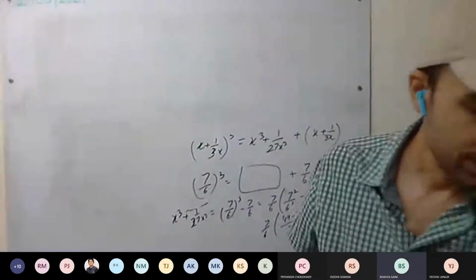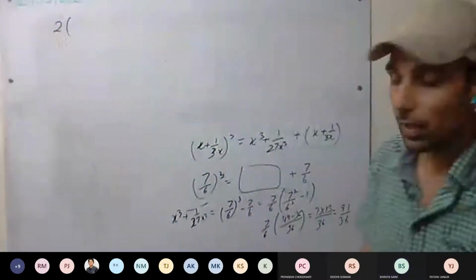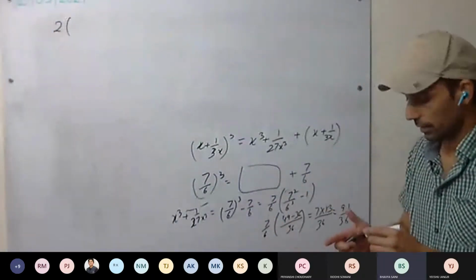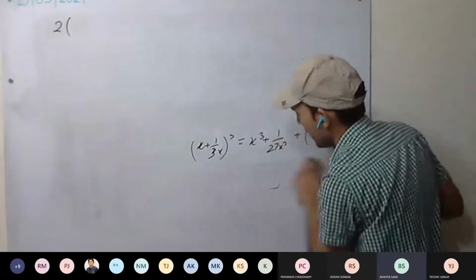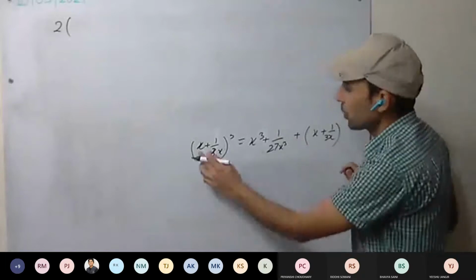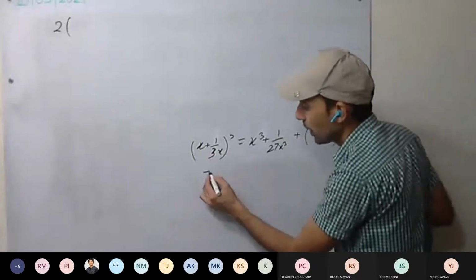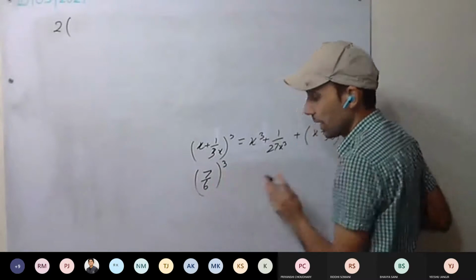See the question. What can you tell me about question number 4, the last part here? Yes, sir. Okay. This we have already got. x plus 1 upon 3x, how much? 7 upon 6 we have calculated, cube. Understood?